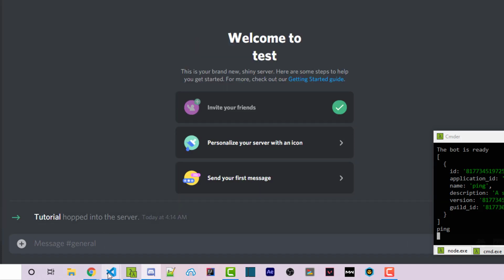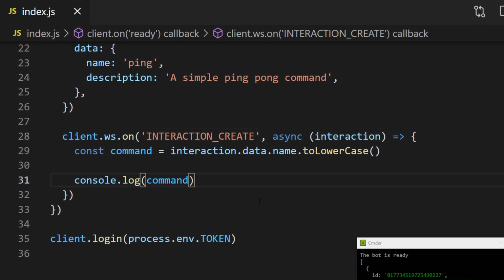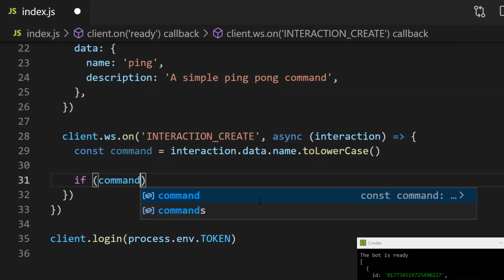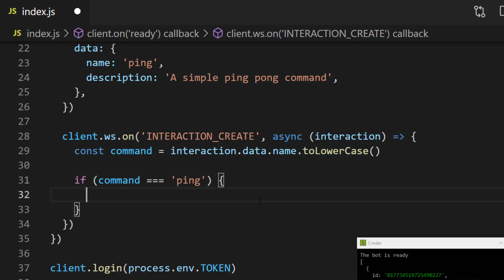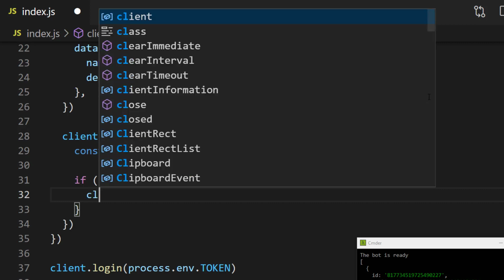So I'm going to dismiss this, and going back, we can now use a switch statement or a chain of if statements to actually listen for each individual command and then handle those accordingly. So we could say if command is exactly equal to ping. Again, this is lowercase because we are using toLowerCase right here. So within here, we can then respond with the actual Pong reply. And to do this, it isn't as simple as just saying message.reply that you might do typically. We have to say